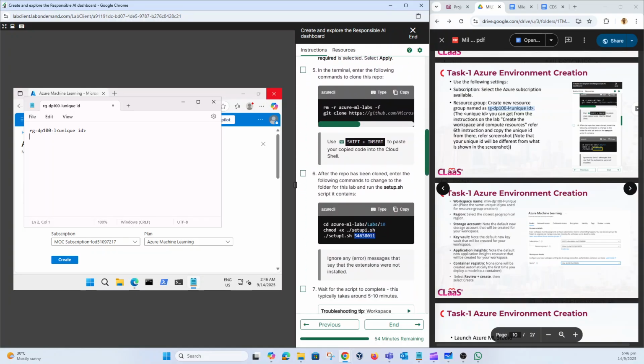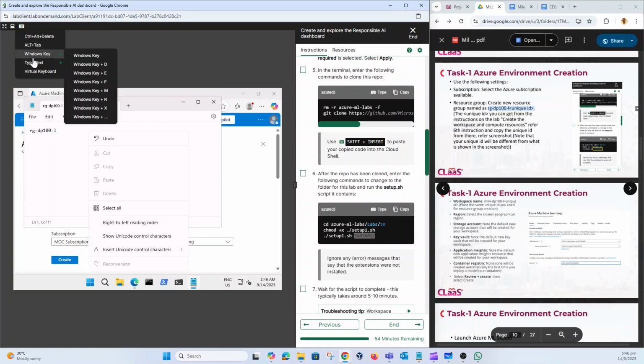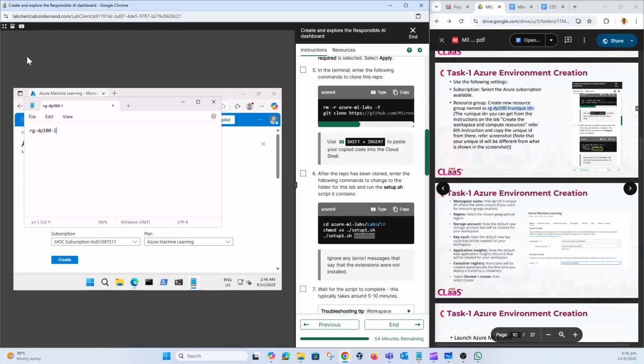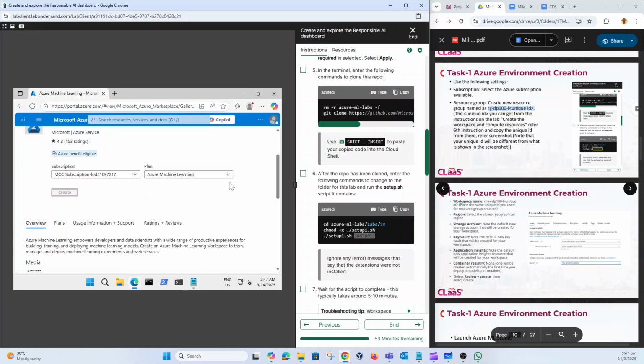Here you go. Okay, so 5463811. The machine learning workspace is MLW, followed by the same suffix. Okay, create. After that, here